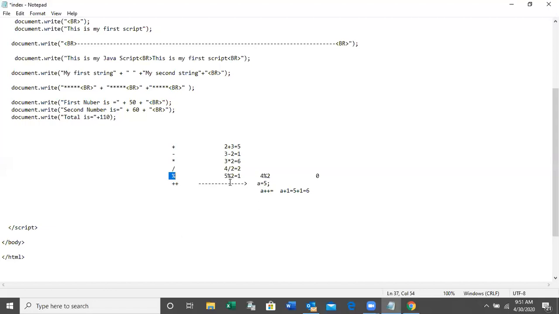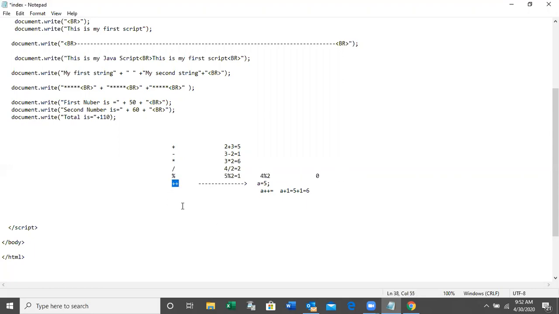For example, 5 modulate by 2 is equal 1 because 2 into 2 is 4, the remainder is 1. Like that, 4 modulate by 2 is equal 0 because 2 into 2 is 4, the remainder is 0. So the modulation operator always gives the remainder portion.